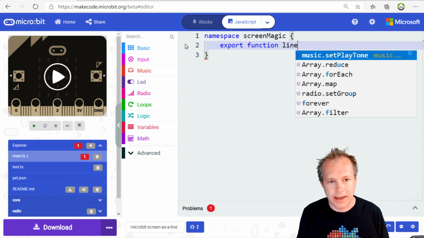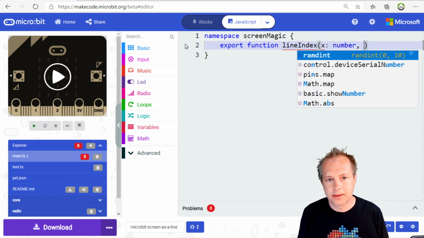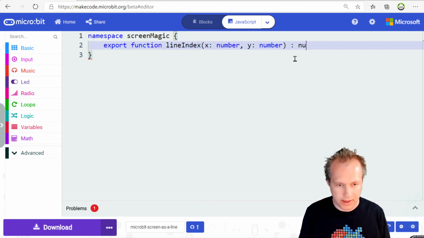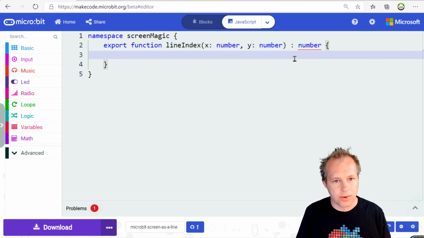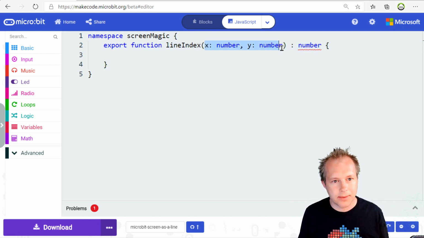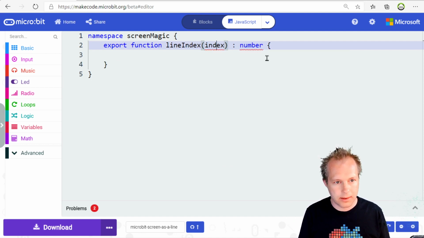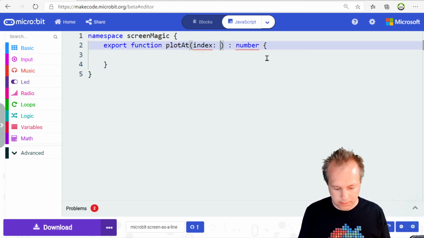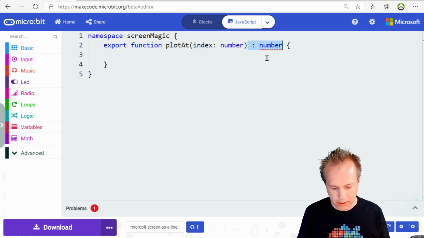line index, and it's going to take typical coordinates of the LED. Let me go and collapse this. All right, and it's going to return a number. The purpose of this is to map x, y coordinates into a number. No, actually, it's the inverse. I'm going to say index. I'm going to call this plot at. I'm going to take a number, and it's going to do the math for me to plot at the